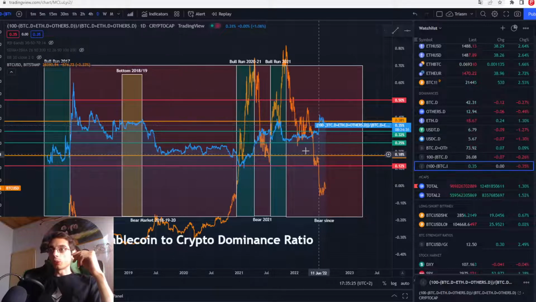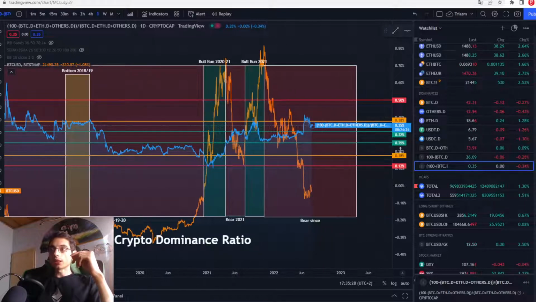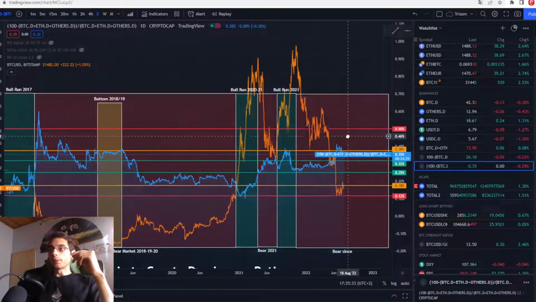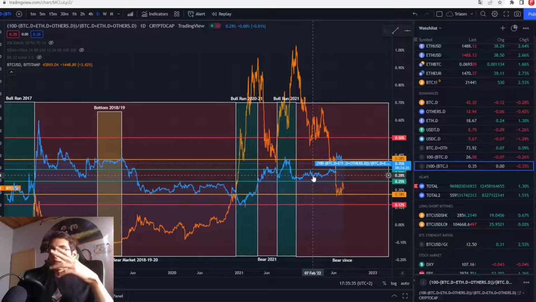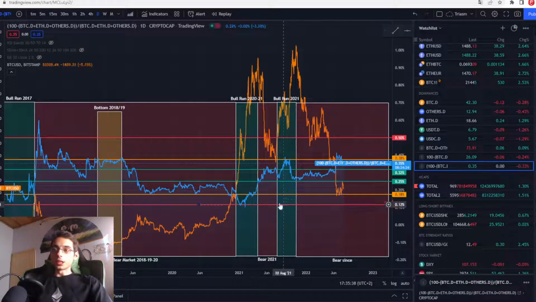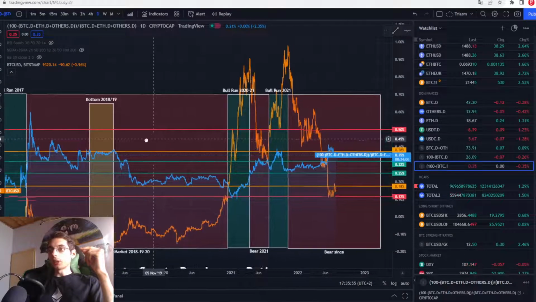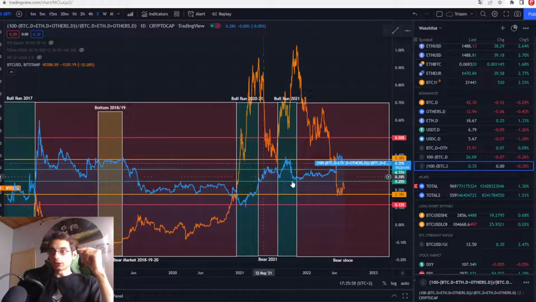But when we got below and the actual market sees a momentum for the crypto assets in general that is getting bigger, meanwhile stablecoins are getting lower and are entering the market to buy crypto assets, that will mean that we are experiencing an uptrend, in this case a bull run. As you see right here, every time in the last cycle, so in this cycle, bull run 2020-21